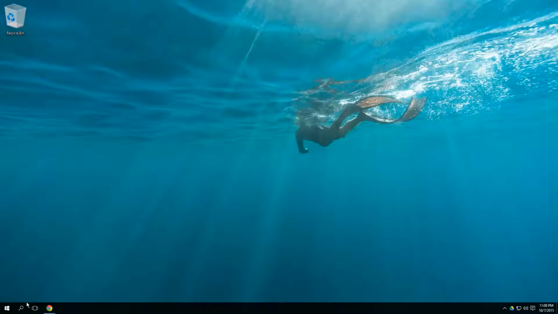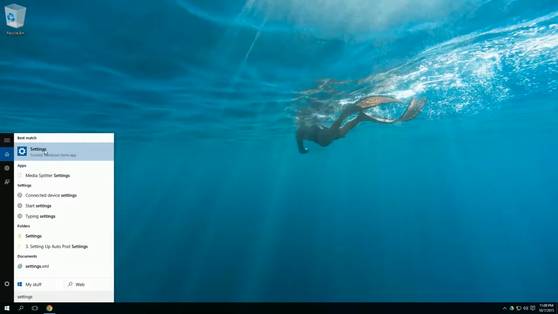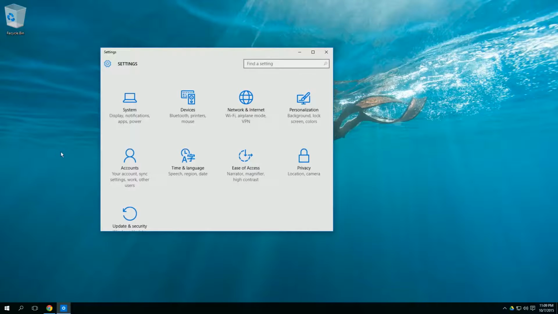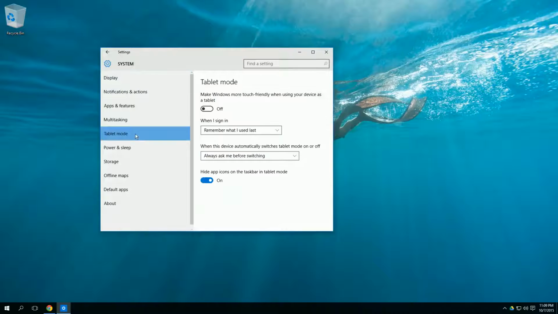Well, we need to head into our settings. So I'm going to search right here and just type in settings. And we are going to click on the settings here at the top. We are then going to click on system, and then we're going to click on tablet mode. Now from here, we can turn this on or off,